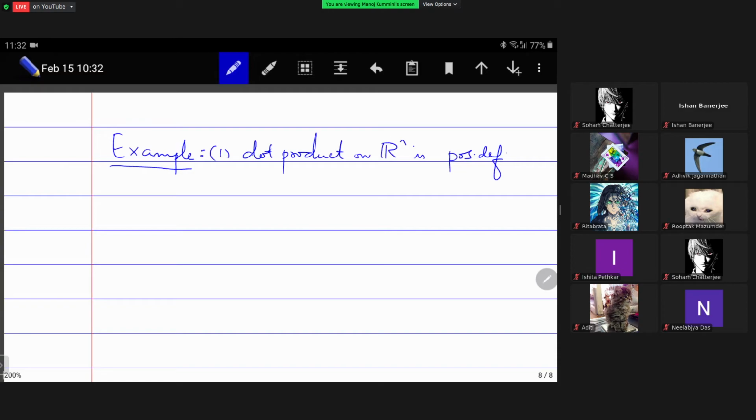An example that has applications in physics, although I cannot explain what it is, is what is called the Lorentz form on R4. It has to do with space and time and things like that that I do not know. So the form is given by